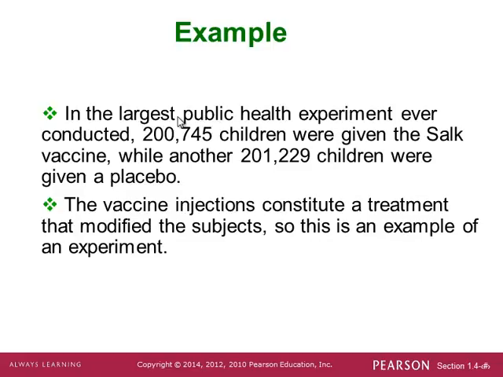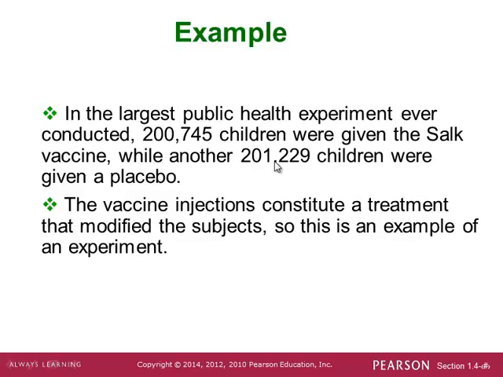If he did, he would have been fabulously wealthy, but he was a saint, because he was doing it for the public good. But how did we really know that his treatment was any good? Well, there were actually at least two different iterations of this experiment, but we're looking at the second one here, in which 200,745 children were given the vaccine,